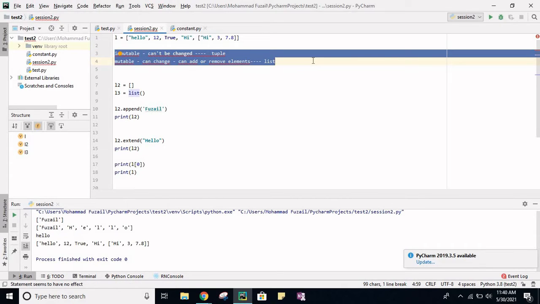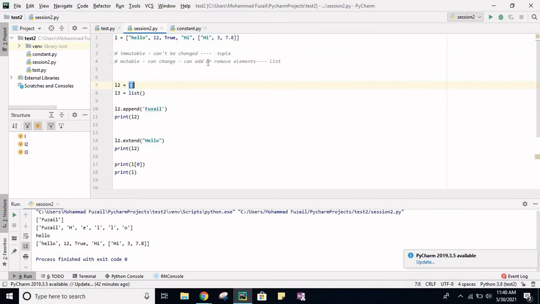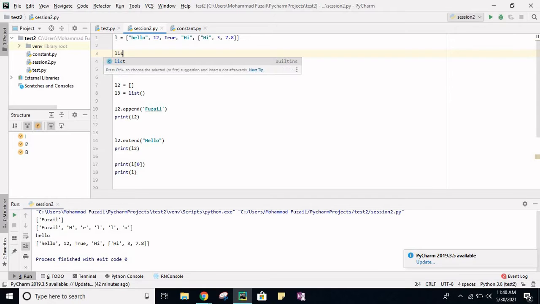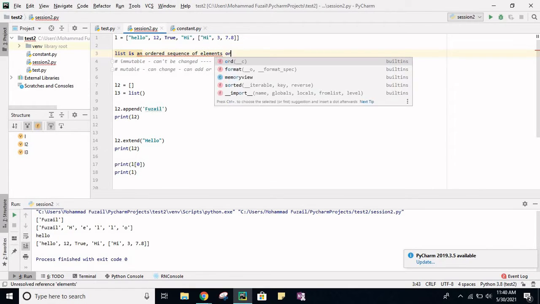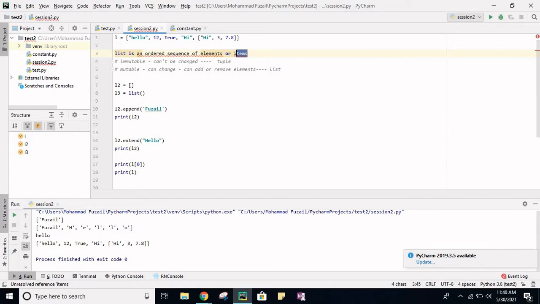I already told you how to make lines a comment in Python. Just add a hash. Now this will not give us an error. These are all comments now. Okay, let me write for list also here. List is an ordered sequence, the most basic and important thing for a list is that it is an ordered sequence of elements and items, you can say. Now if we want to make it a comment in Python, just add a hash at the start. It will become a comment and it will not show you an error.